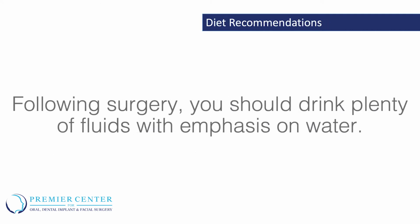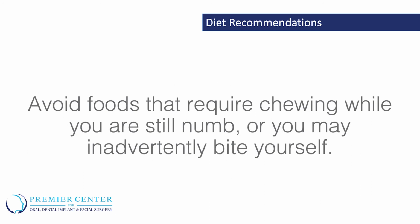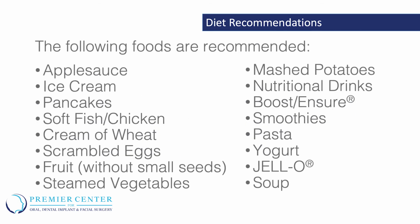Diet recommendations. Following surgery, you should drink plenty of fluids with emphasis on water. Do not suck fluids through a straw. Avoid all carbonated beverages for 72 hours. Avoid foods that require chewing while you are still numb, or you may inadvertently bite yourself. Begin with softer foods and then return to a normal diet as it becomes comfortable to do so, usually 7 days. The following foods are recommended: applesauce, ice cream,